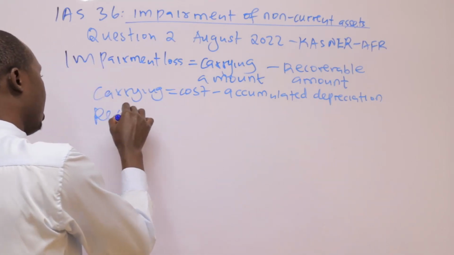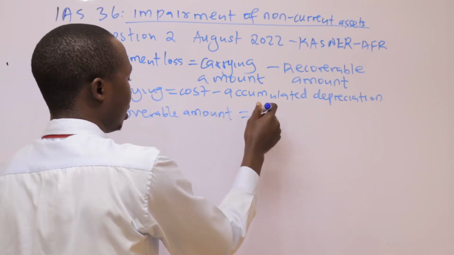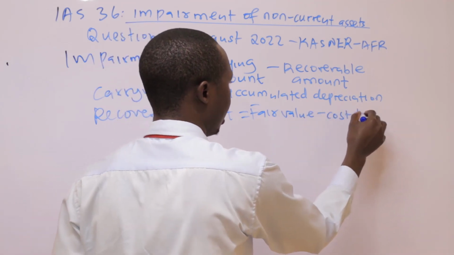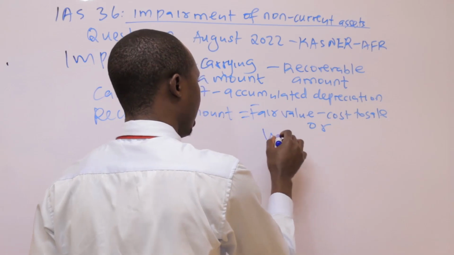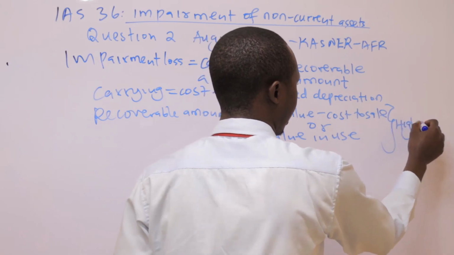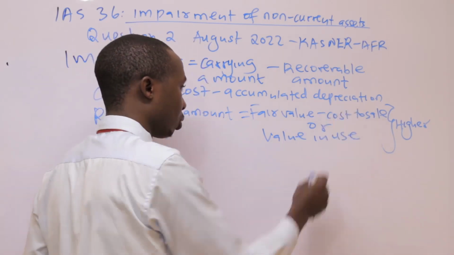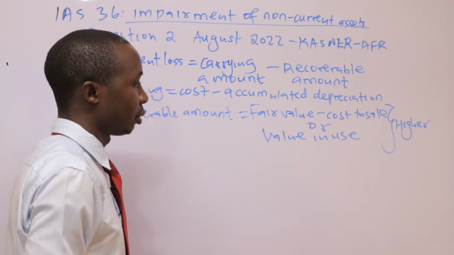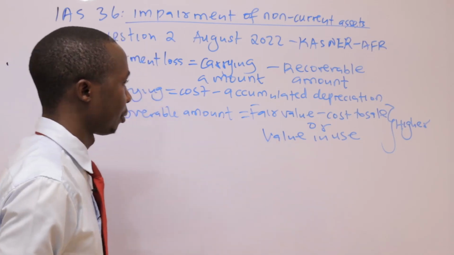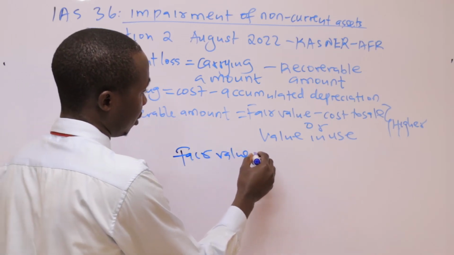The recoverable amount is equal to fair value less cost to sell, or value in use, whichever is higher. The fair value less cost to sell is the value at which you can dispose of the asset currently after deducting the disposal cost. The value in use is the future cash flows of the relevant assets discounted to their present values. In this question, fair value less cost to sell